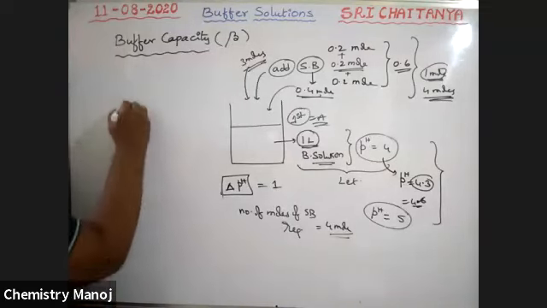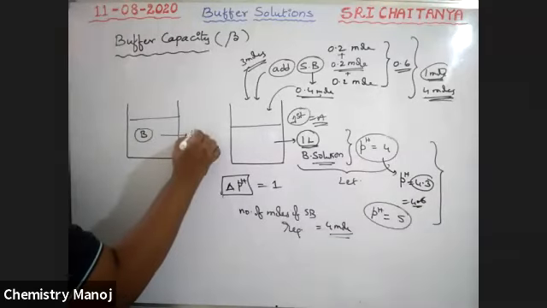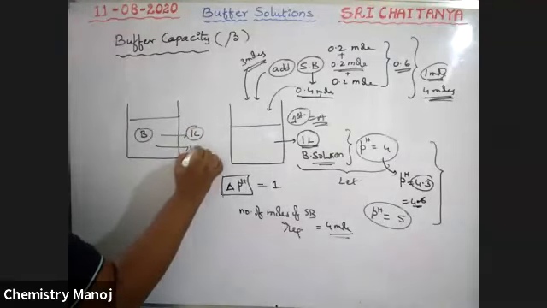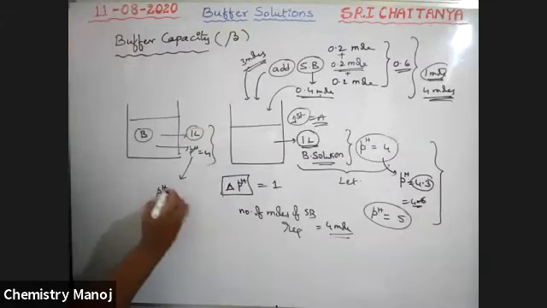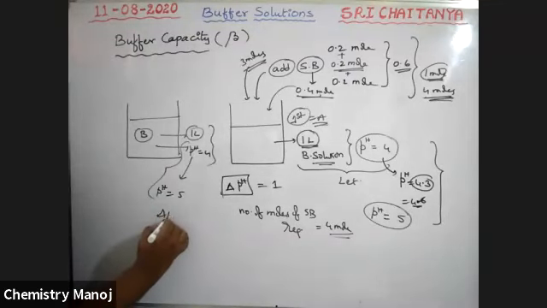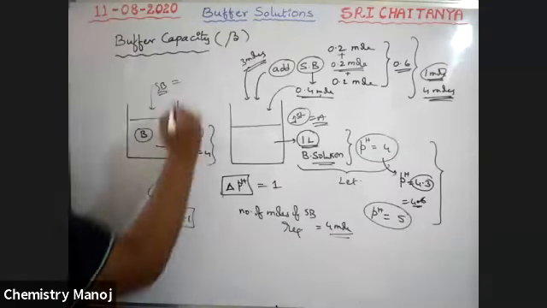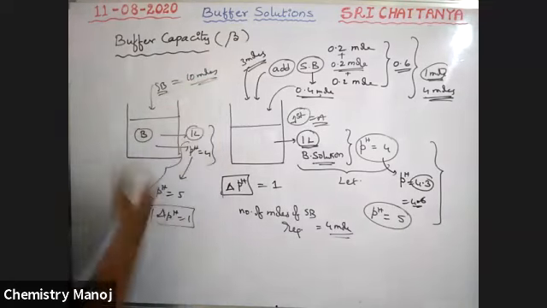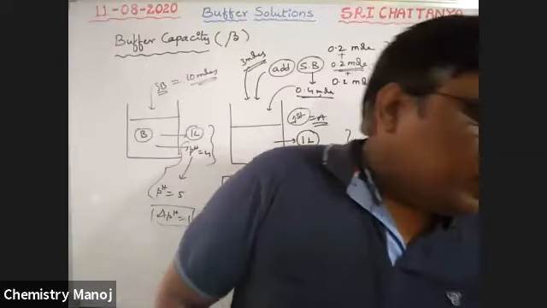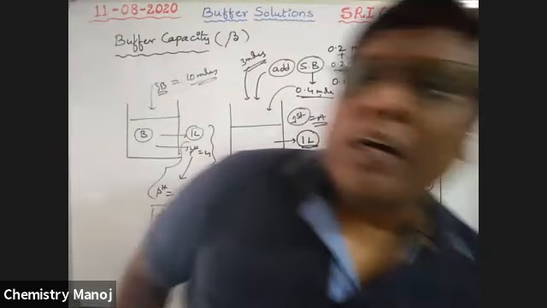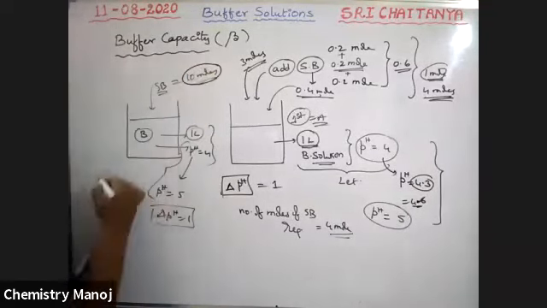Okay. Now let us consider a B solution. Another buffer solution, it is also 1 liter. So its pH is also, let it be 4, just like the previous case. To change its pH value from 4 to 5, that means delta pH is equal to 1, it required 10 moles of strong base. After addition of 10 moles, the pH value is changed by 1 unit. So B required 10 moles, A required 4 moles.